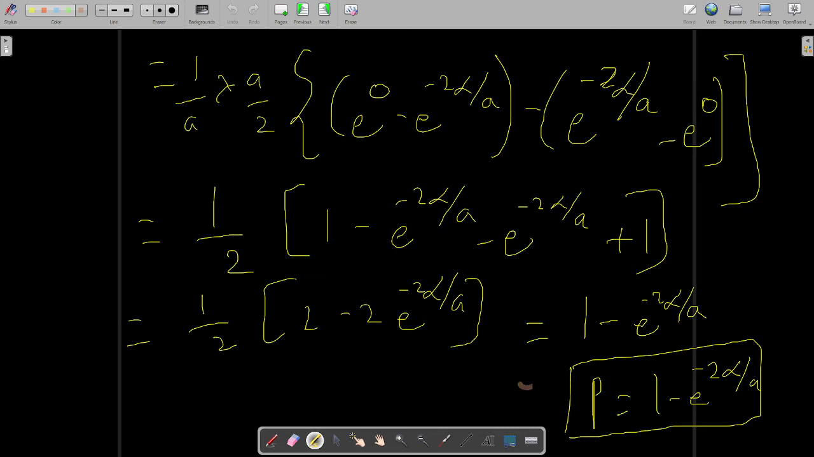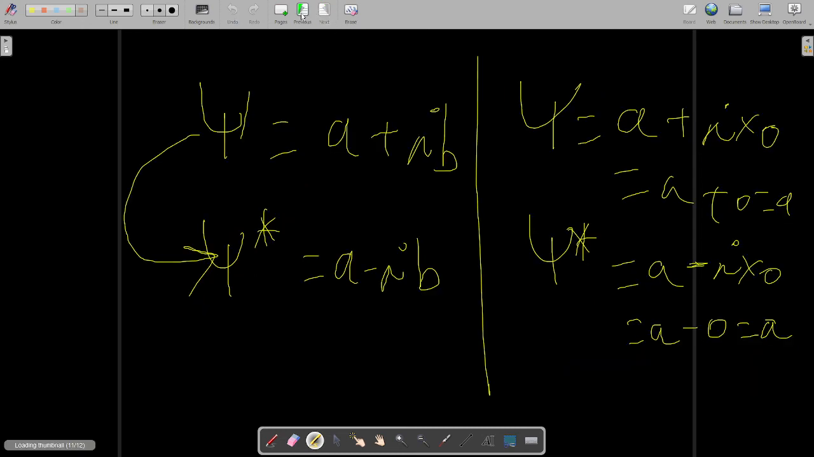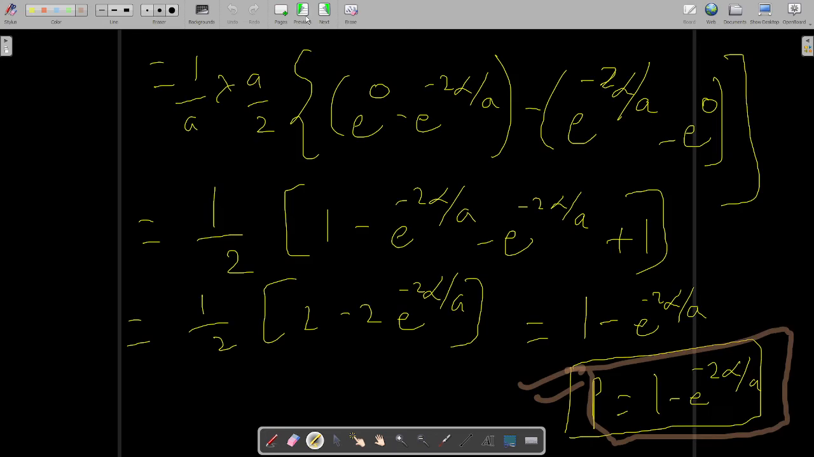So the probability of finding the particle in the region minus alpha to plus alpha is this, in the box given. Now, I had already told you in the previous lectures that if you get some expression